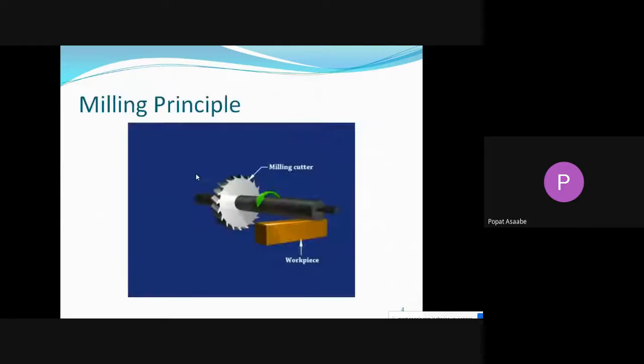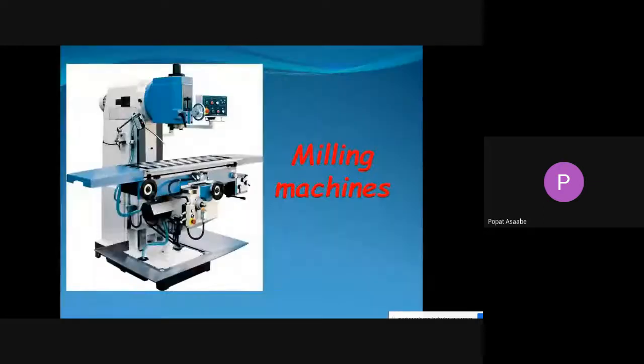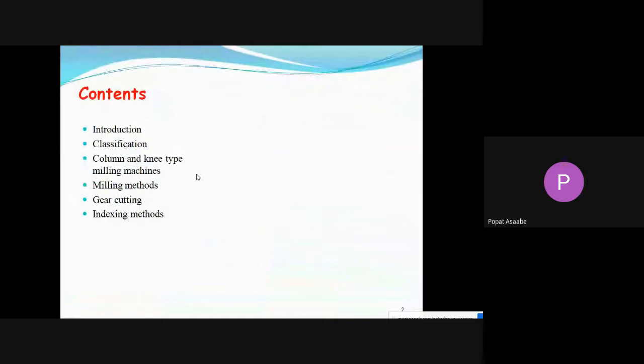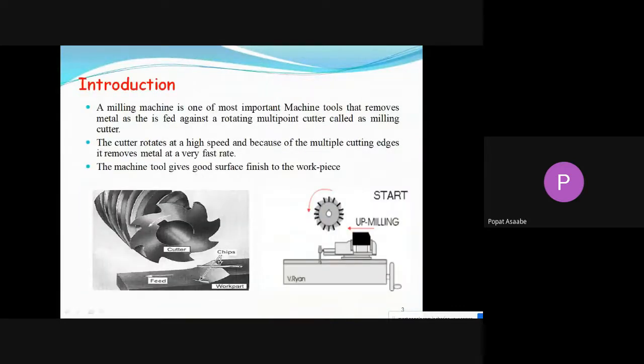First, please tell me what is meant by the milling machine. What is the function of the milling machine, or what is meant by the milling operation? Remember that milling operation is a machining process, and with its help we can remove material from the workpiece with the help of the milling cutter. To perform the milling operation it is necessary to use the milling cutter.